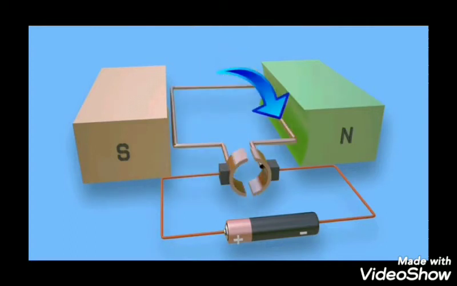When it is like this, there will be maximum current flowing through. At this position of the rectangular coil, there is maximum current flow. You can observe, children, the magnetic field is horizontal from north to south, and the rectangular coil is perpendicular to that. During that, maximum current is flowing through the circuit. You can observe, children, on both the arms.